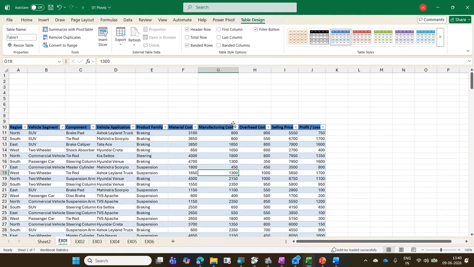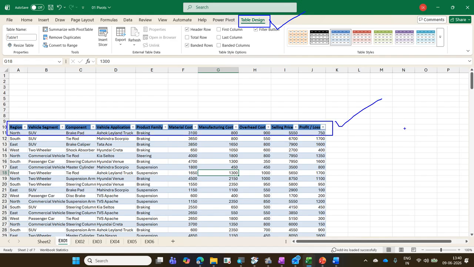But how do I know this table is a dynamic table? First, you can see on the top. Look at the top, a new tab called Table Design appears. Table Design is a contextual tab. When we created a pivot table, PivotTable Design and Analyze came. Similarly, in a dynamic table we have Table Design. If you are seeing Table Design, that means this table is a dynamic table. Second, the filter is automatically applied here. Third, the banded rows are appearing here and the color formatting for banded rows is automatically applied here. Fourth,